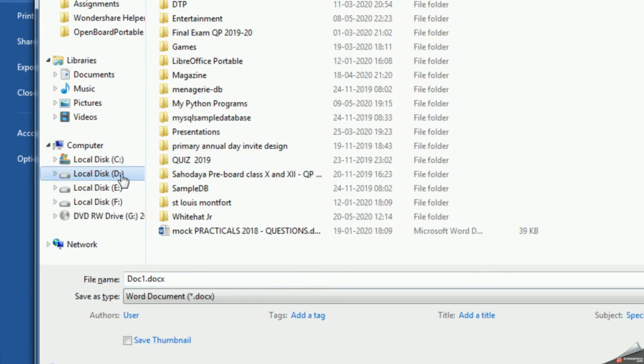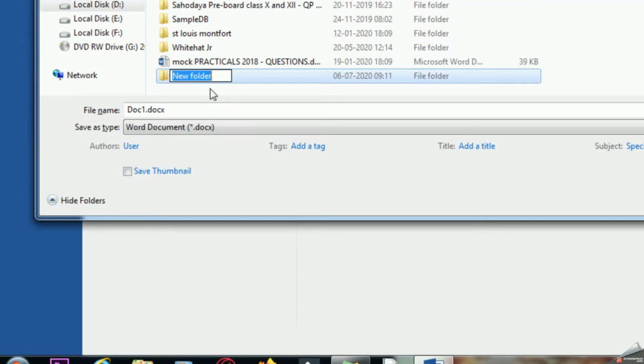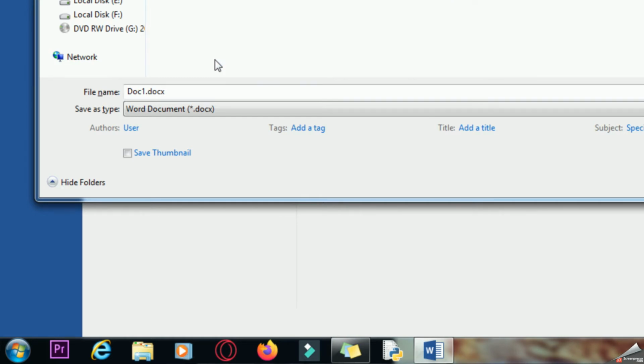Suppose I go to D drive, and here I can create a folder of my own and save my documents here. So for creating a new folder, I will click on new folder option. You can see a new folder gets created. I will just type documents there, press enter, and now within the file name box I will type a file name.